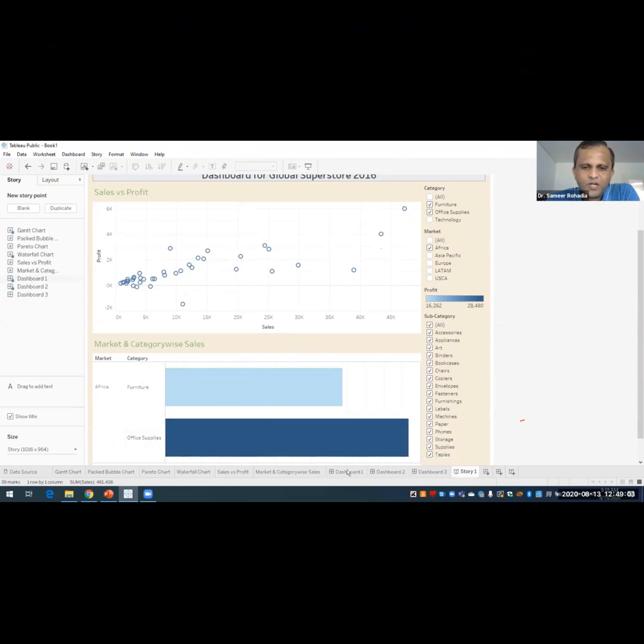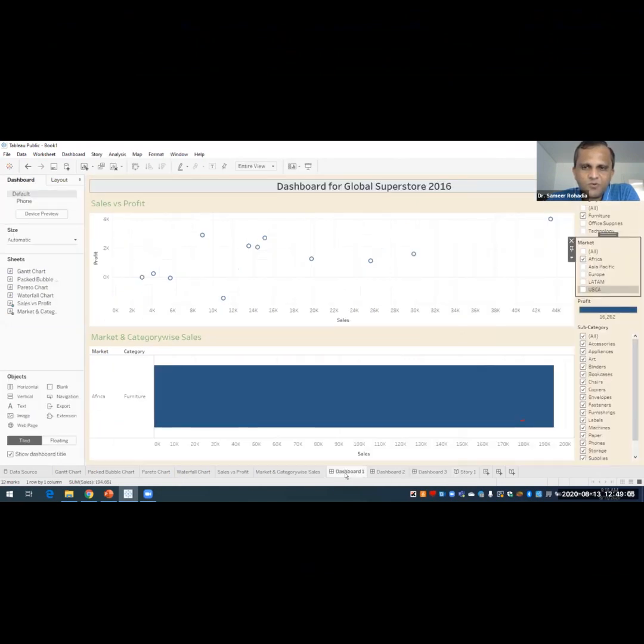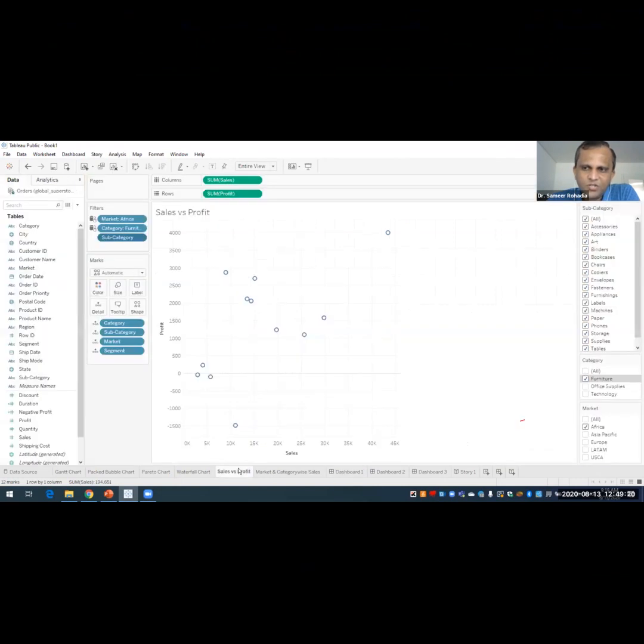Now let us go back to the original dashboard. If we go back to the original dashboard, and you see the category, here it is only showing furniture. It is not showing office supplies selected. In the individual sheet also, only the furniture category is selected, not office supplies.